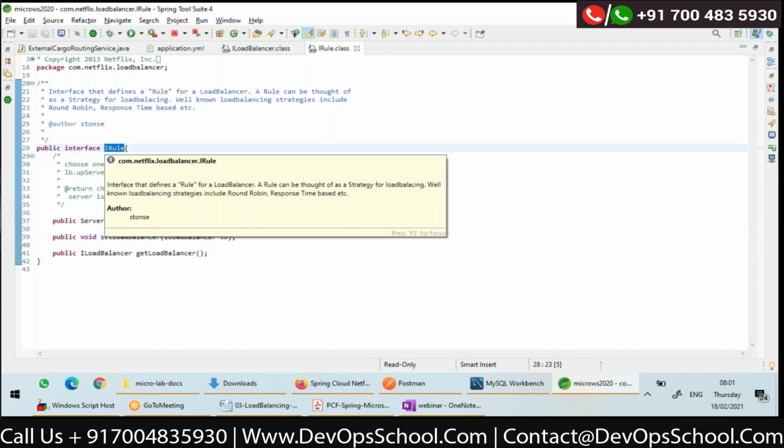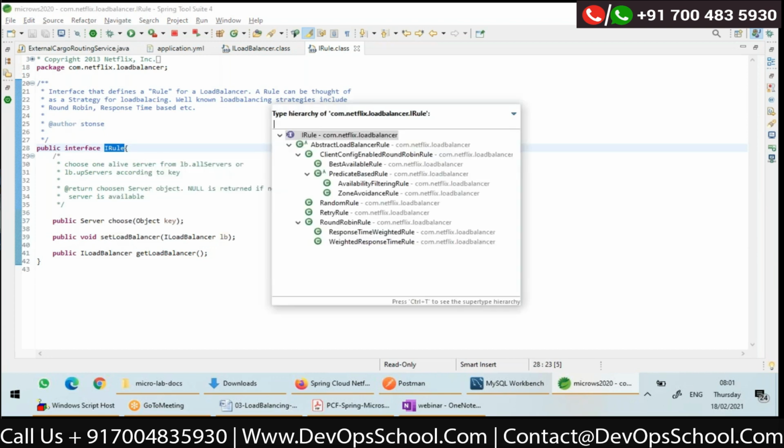IRule is the one which will actually take care of load balancing. Now, if I press Ctrl D, you can see there are multiple implementations of IRule. One is RetryRule, RandomRule, RoundRobinRule, WeightedResponseTimeRule, etc. Right? There is RoundRobinRule and WeightedResponseTimeRule.